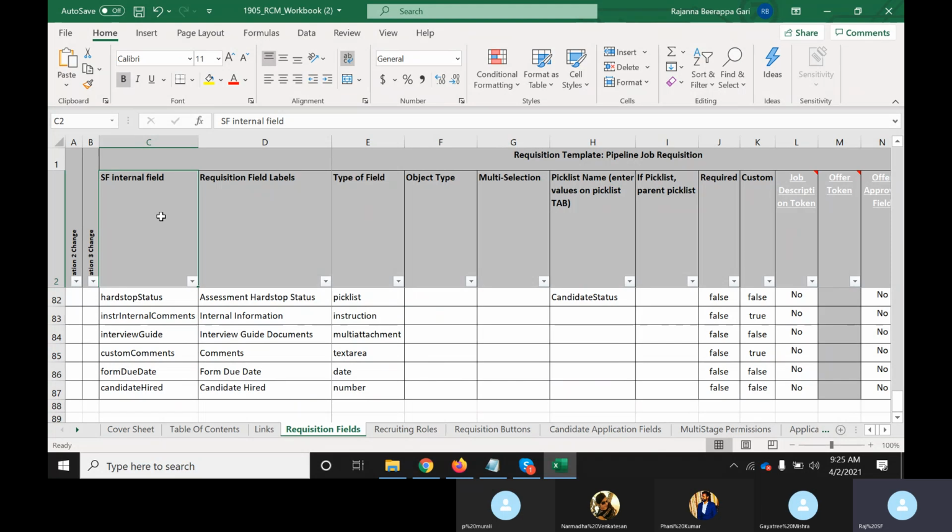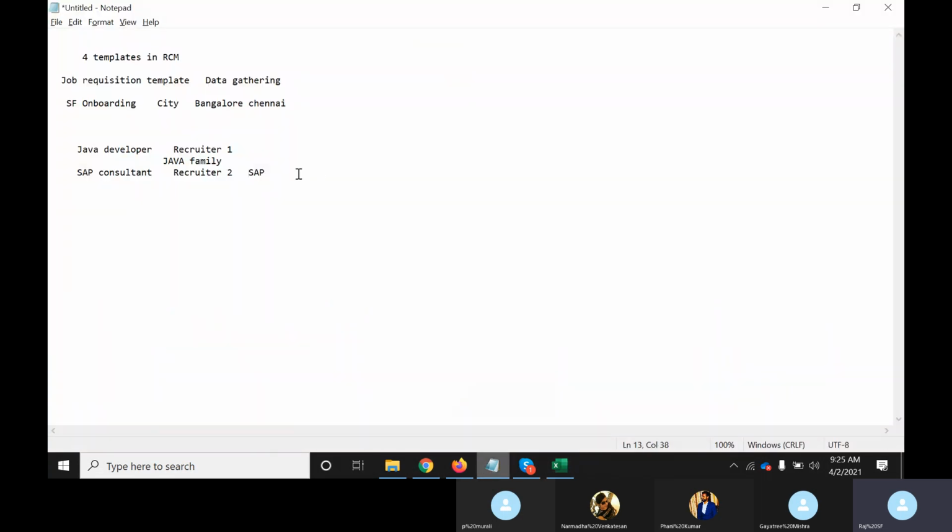So first, the SF internal field. What is this internal field they have given? And requisition field labels. Normally, I told you, SAP will provide the name as company. Now my client is asking me to change this output name from company to company name or some entity. Here we have a business unit which is delivered by SAP. Now my client is asking me to change that name to IBM business unit. Likewise,